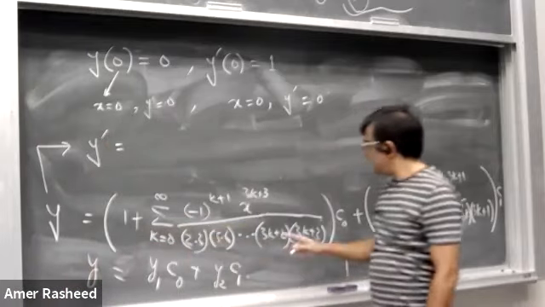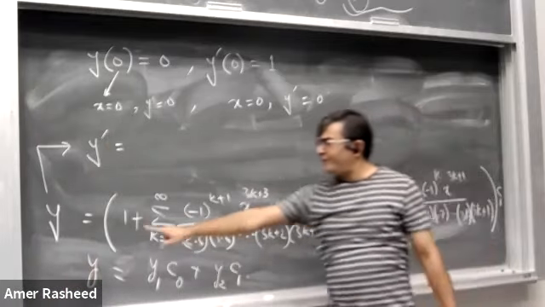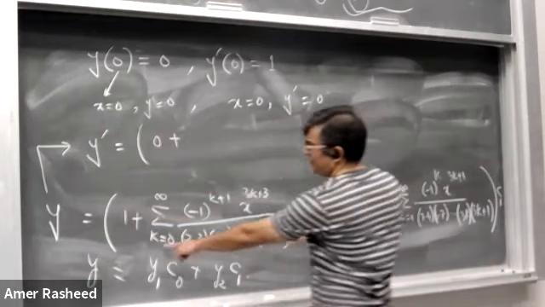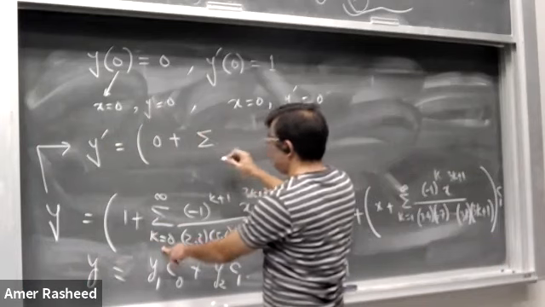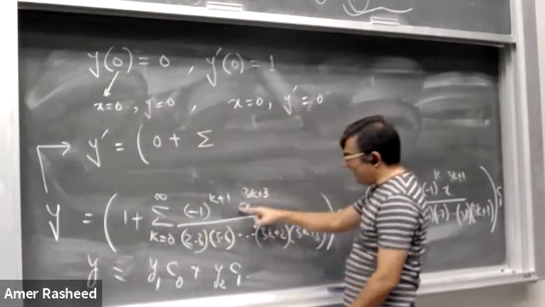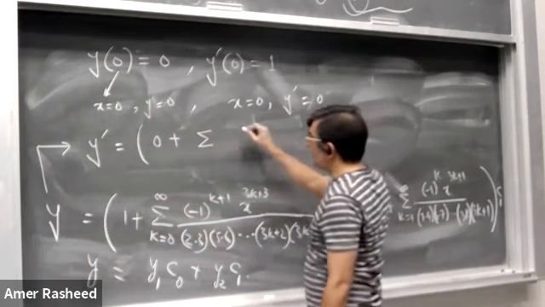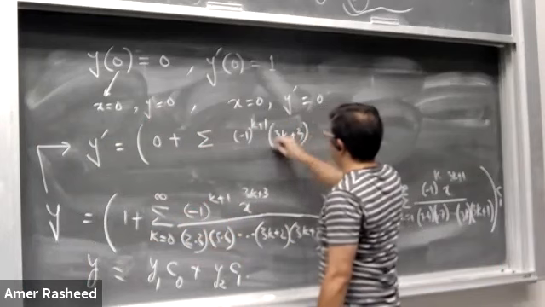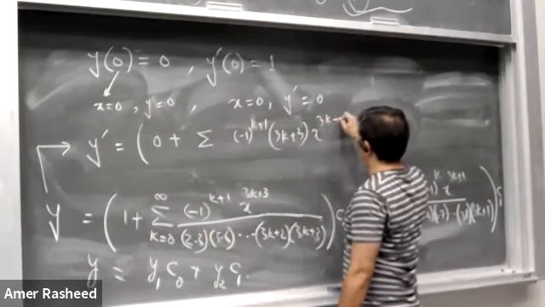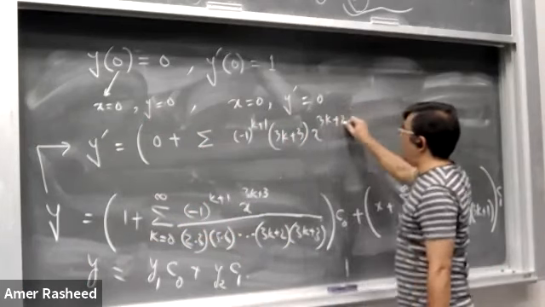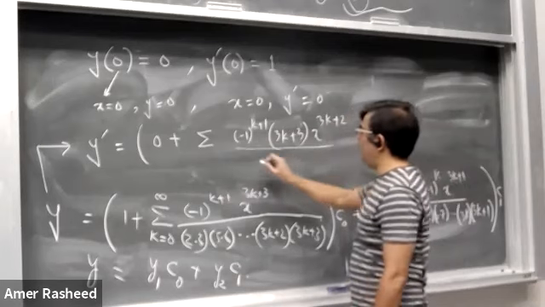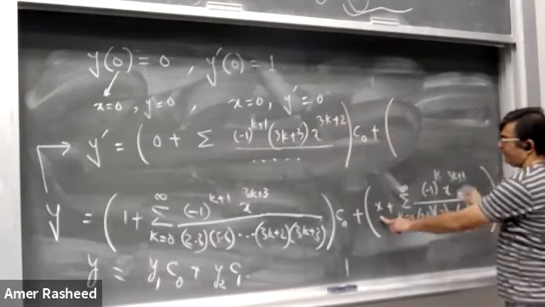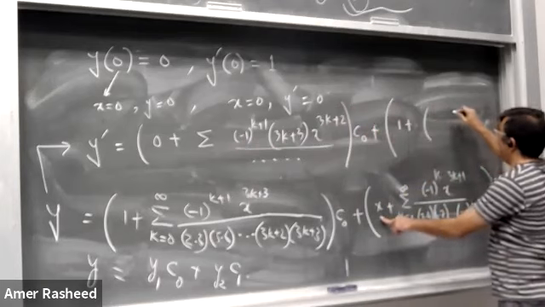यहां पे देखिए, इसका डेरिवेटिव क्या होगा? 1 का डेरिवेटिव 0, प्लस समेशन का डेरिवेटिव समेशन व्हाटएवर। इनफैक्ट डेरिवेटिव इसका होगा तो -1 की पावर k प्लस 1, 3k प्लस 3 टाइम्स x पावर 3k प्लस 3 माइनस 1, यहाँ पे 2 आ जाएगा, और व्हाटएवर नीचे है वो वही रहेगा, टाइम्स c नॉट, प्लस यहाँ पे x का डेरिवेटिव 1, प्लस इसका डेरिवेटिव जो भी होगा